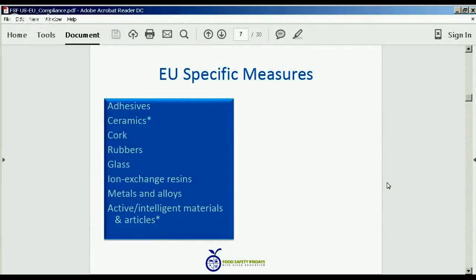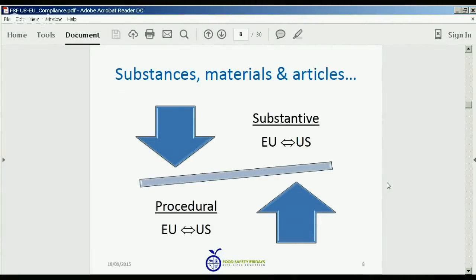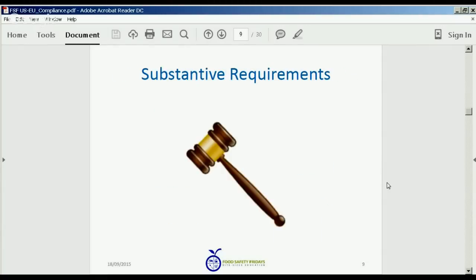plastic materials. So at this point, I want to split up between the sort of substantive notion of compliance between the European Union and the United States and the more procedural aspects of compliance in terms of the paperwork, if you will. So here's the substantive requirements. These are the result of scientific findings in terms of the health and safety of the public, the consuming public, when it comes to food that's been packaged in